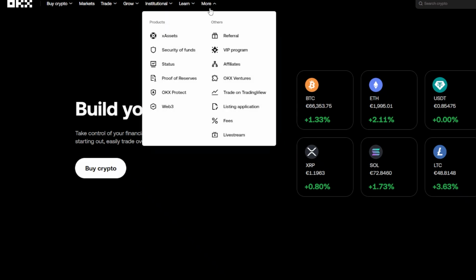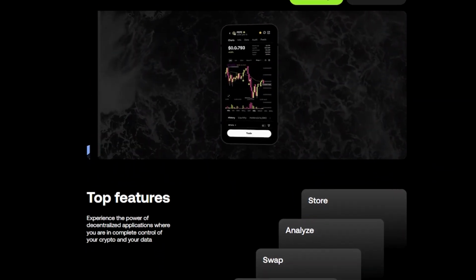Today, entering Web3 has become much simpler. No need for dozens of services, bridges, or complicated wallets. The OKX ecosystem has integrated Web3 directly into its platform, opening access to all these opportunities in one place. In this video, we'll break down how to earn through OKX Web3, from simple steps to advanced strategies used by